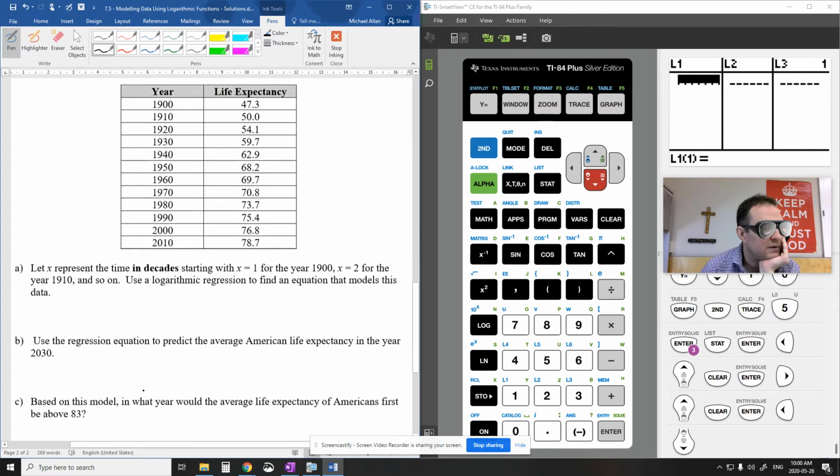But problem is if I do it that way, then you have to remember what number is what. Like X is the number of years, where 1 is 1900. Why do it that way when you could just put in the numbers as is? If you put the numbers as is, your regression is going to be a little bit more ugly. That's fine, right? But it'll give you the answers you need. Or if you put in the 1, 2, 3, 4, 5, 6, 7, you can still get the answers, but then you just have to realize, okay, what is